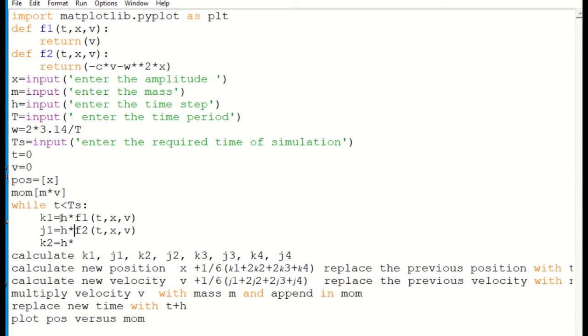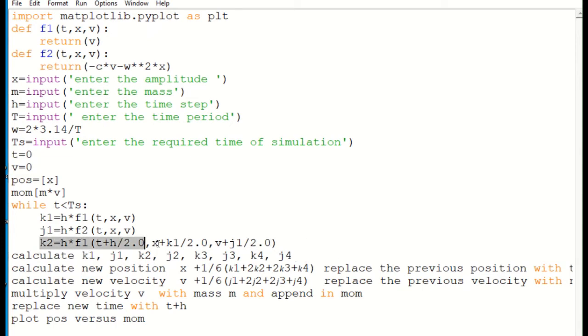Okay, so k2 is nothing but h star f1 of t replaced with t plus h by 2.0, then x is to be replaced with x plus k1 divided by 2.0, then v is to be replaced with v plus, then the correction is in j, so j1 divided by 2.0.